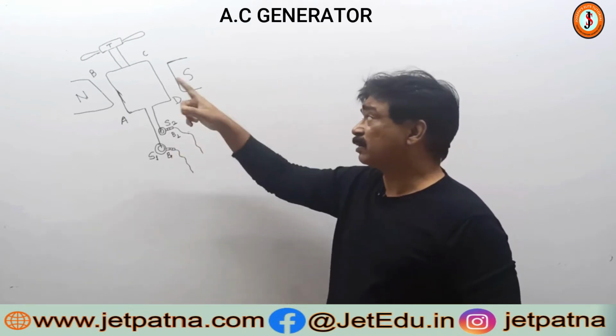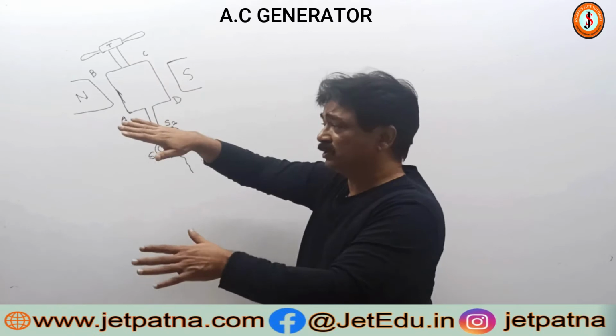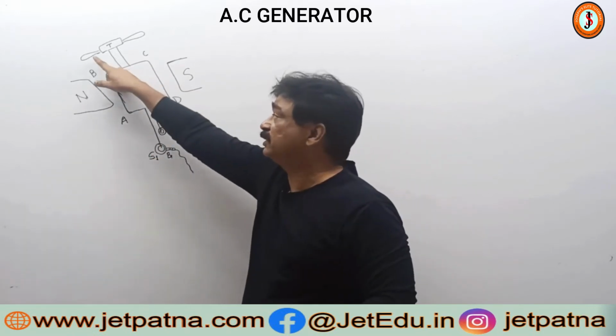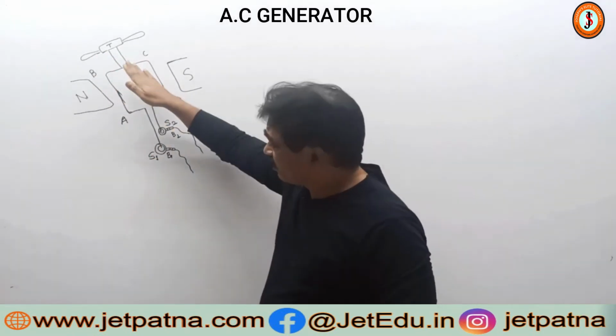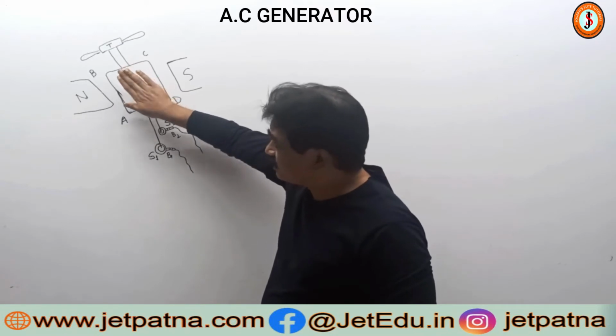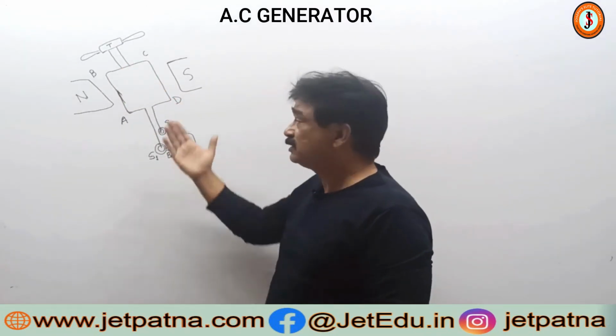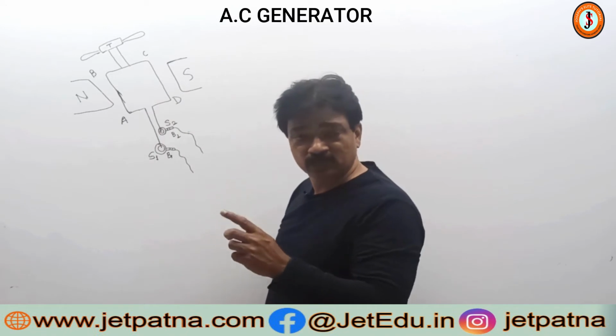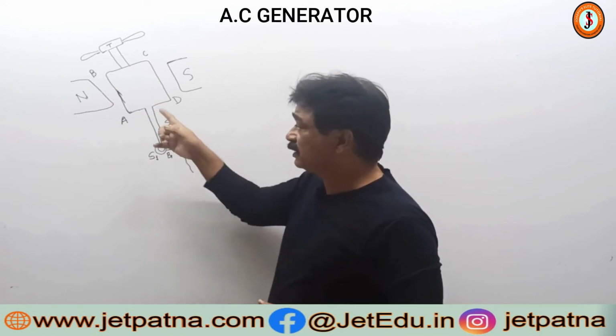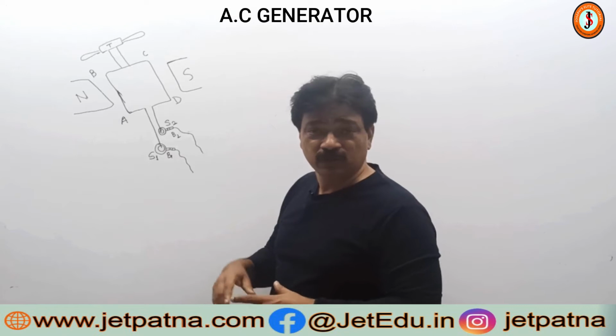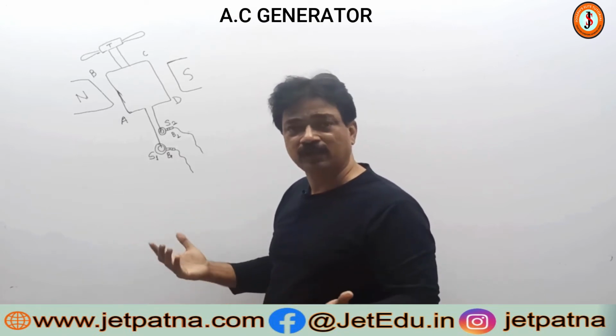Now imagine the turbine rotates. What happens? Try to see, it is horizontal. Water falls here, and the arm AB of the armature is going inwards, and CD is coming outwards. So there is a rotation, and due to this rotation there is a change in the magnetic flux within the coil. So an EMF is induced in the coil and current is produced.